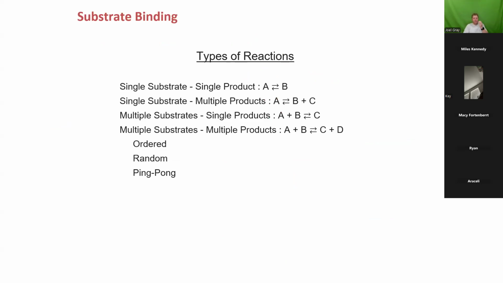Now, what we can do with this information is classify different types of reactions. For starters, we'll look at a total of 3 reactions. These 3 reactions are, I would argue, simple and straightforward. Because if we look at reaction number 1, you have one substrate making one product. Number 2, you have one substrate that leads to the formation of 2 products. The way that I always like to think about this is,